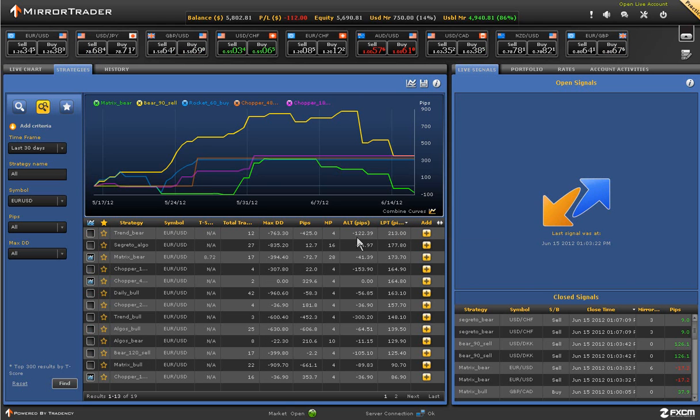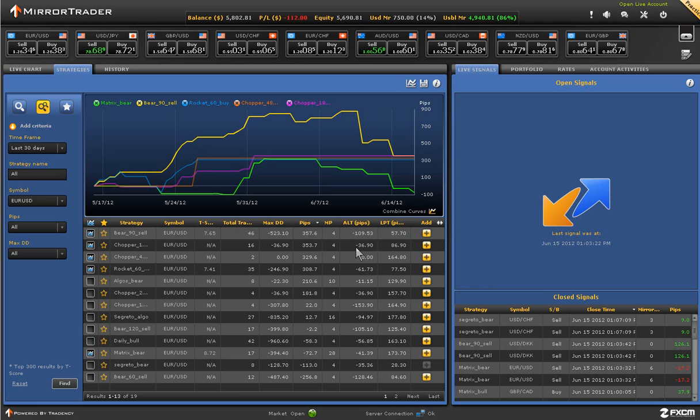So you can see that on the top we have Trend Bear. Didn't do very well, although it had one large trade of 213. But on the other ones, you can certainly sort by pips. And that shows you, if you sort by pips, it'll show you the strategies doing well, and it'll show you the largest profitable trade as well in those, and the average loss per